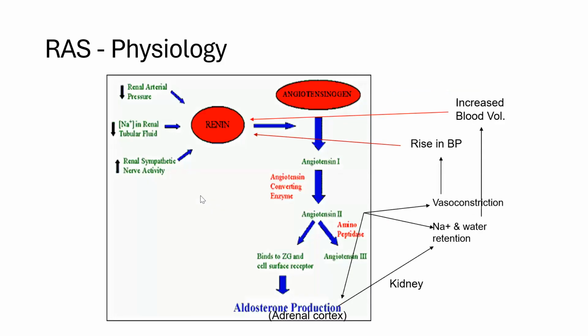And this is the diagrammatic representation of the RAS. When vasoconstriction, sodium and water retention, and increased blood volume are there, then renin production happens. Renin produces angiotensin 1, and in the presence of angiotensin converting enzyme, angiotensin 2 is produced. When angiotensin 2 is produced, it causes vasoconstriction as well as a rise in blood volume, which leads to a rise in blood pressure. Okay,